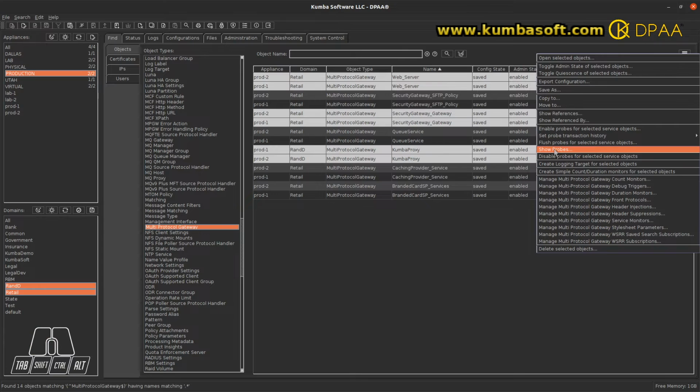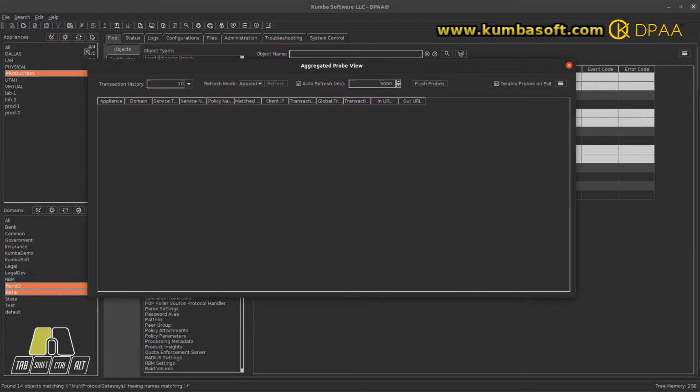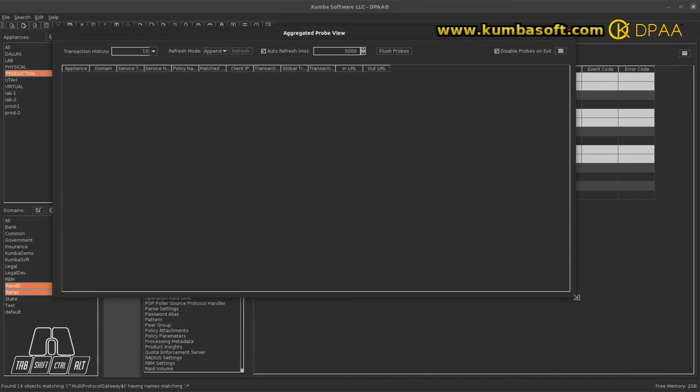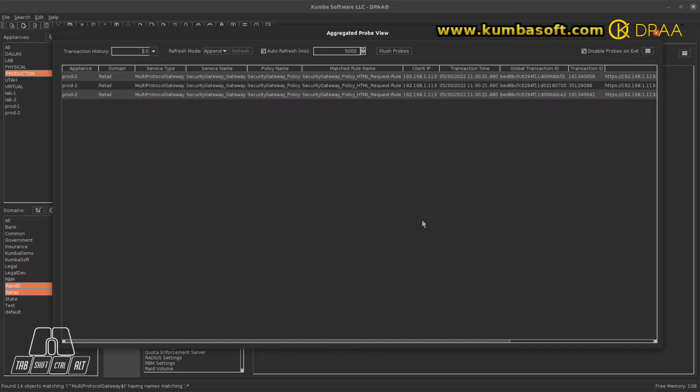And what this is going to do is when I select that option, I get the aggregated probe view window, and DPAA has turned the probes on for all of those services that I had selected. Now, if probes are already on, it won't turn them back on, but if they're off, it'll turn the probes on, and it'll start pulling probe information off of the appliances and showing the